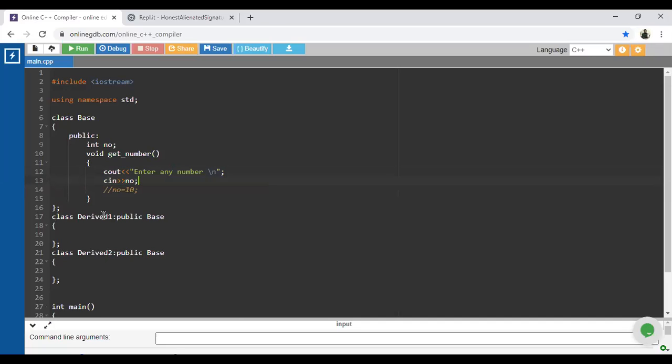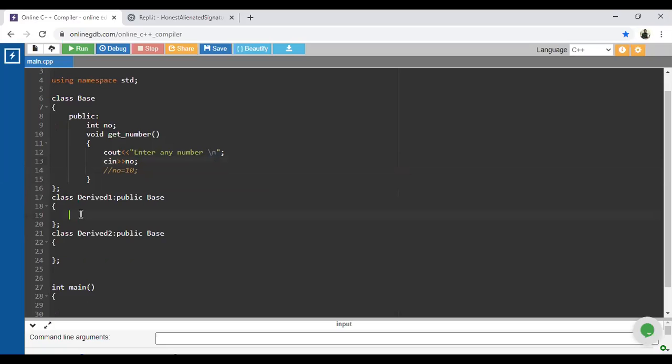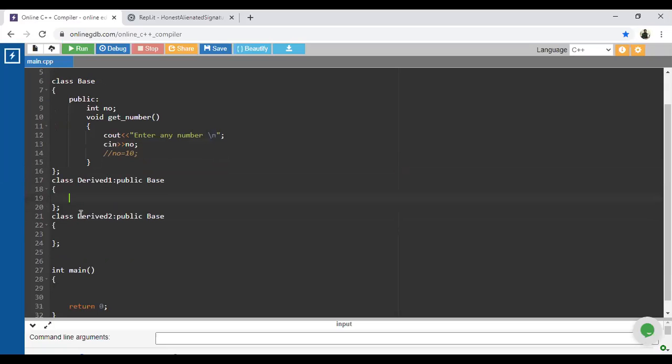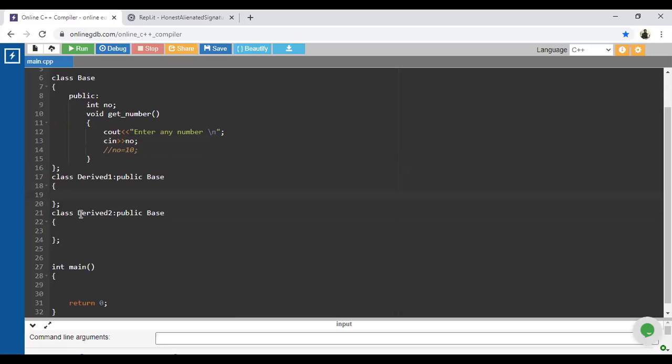So now use that particular method inside the derived class. How are we going to define this class, derived? Again, use the public access specifier mode, public. And inside that I'll write one more method, square, and as per your choice, I'm just using all the previous methods, square and cube.